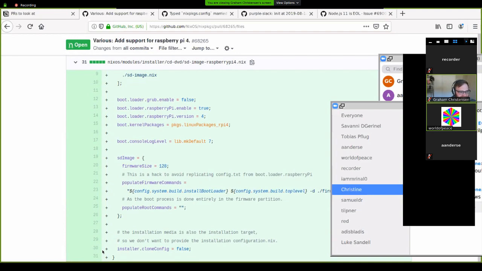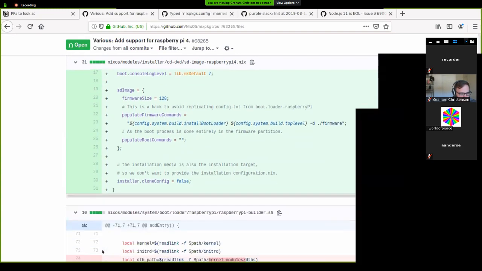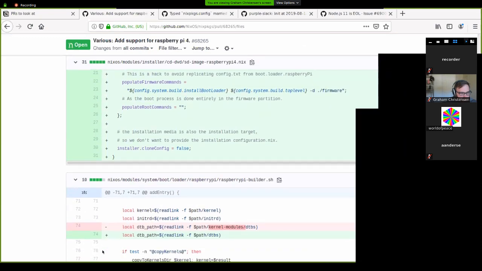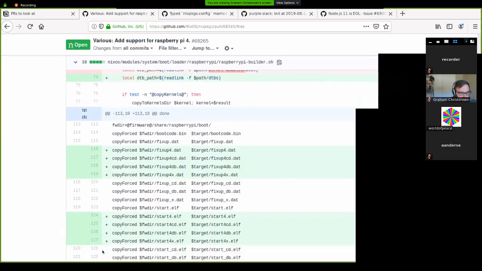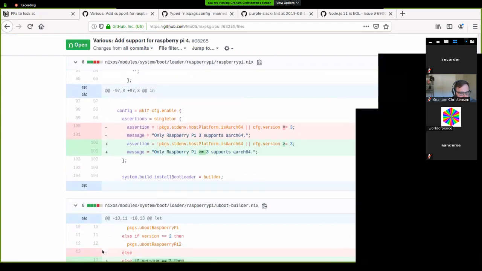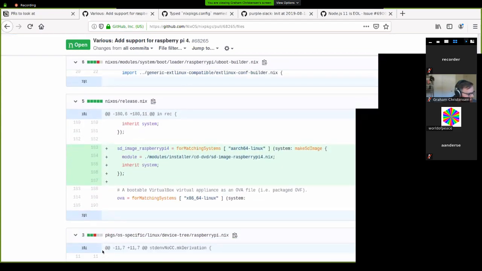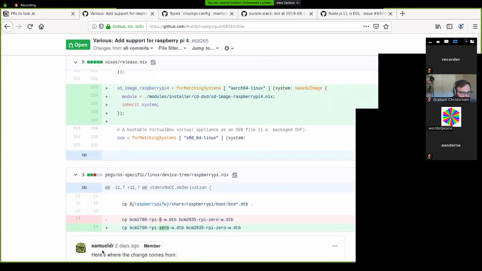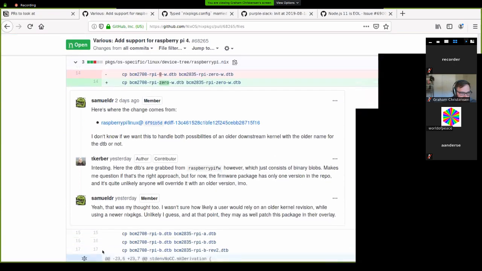So this brings in a new builder and a couple of new kernel configurations for these specific Raspberry Pis. I'm not sure how to introduce this bit, but between 19.03 and 19.09, I changed something about the AArch64 generic image.